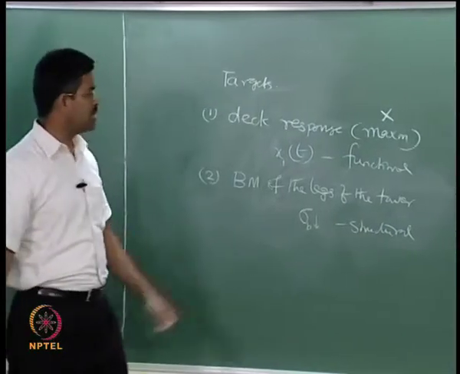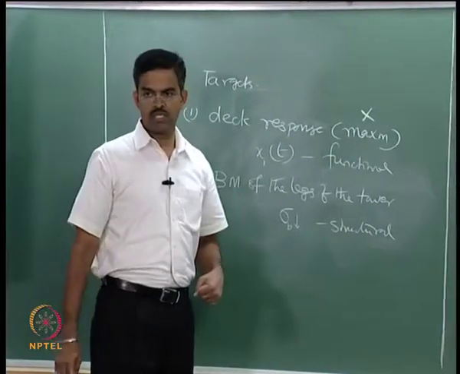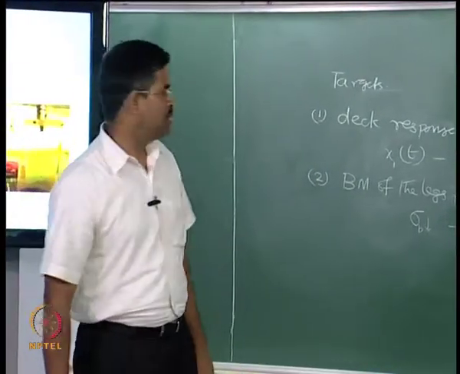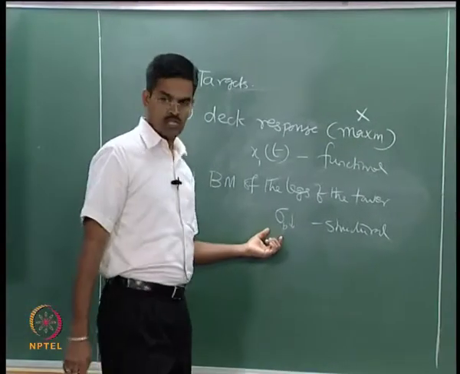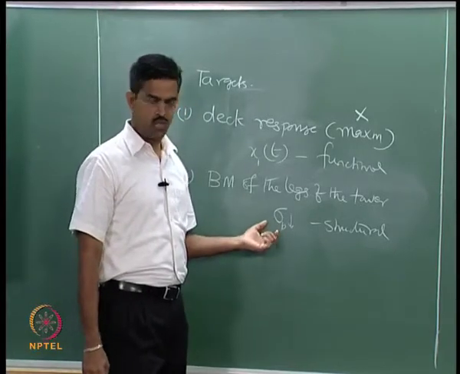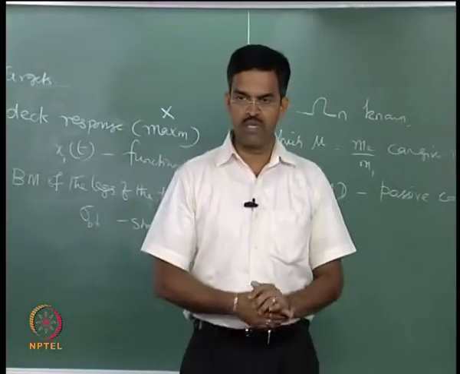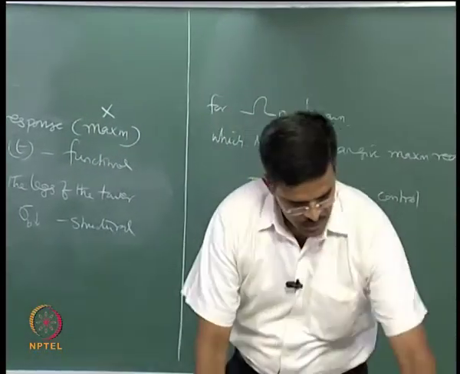Is that clear? It is functional because I do not want x of t to be larger from an operational point of view. Okay. The secondary advantage is structural, I can reduce the bending stress also in the tower. Let us see both now. Of course, I will show you the reverse order. First, I will show you the secondary benefits, then I will talk about the primary benefits.